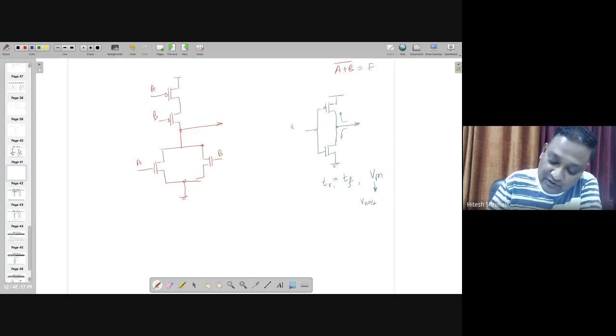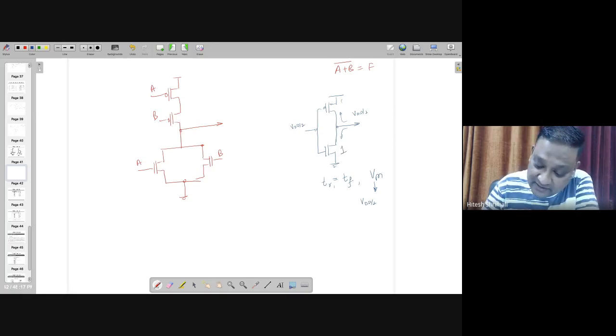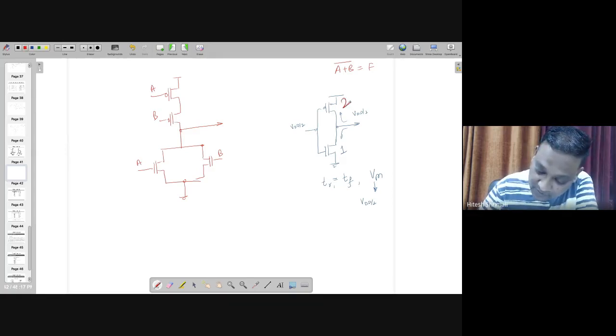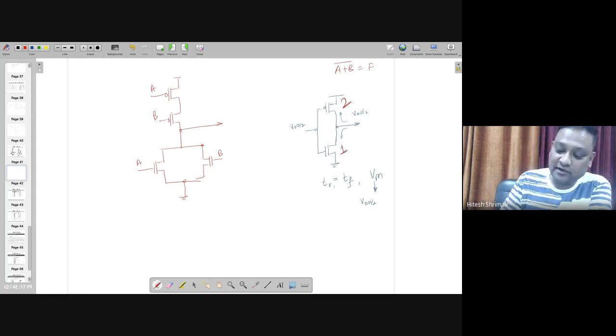Meaning an input of VDD by 2 gives an output of VDD by 2. This is only possible if this is 1, and as per the book of Weste and Harris, this one is multiplied by 2. This one is 1. So the same thing we are going to apply over here